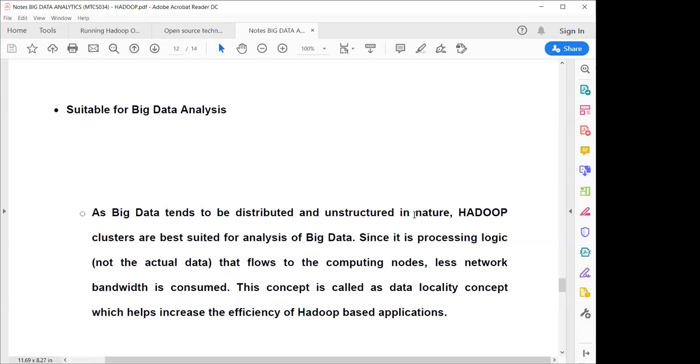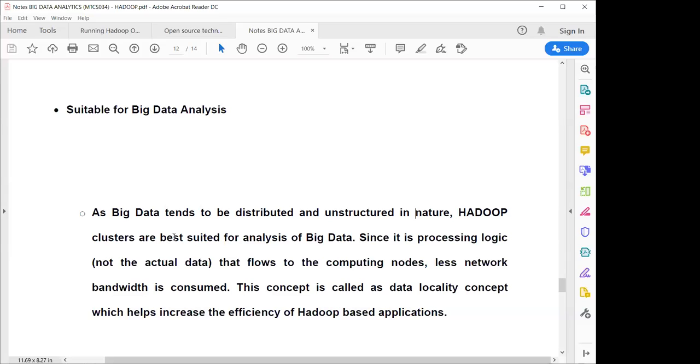Apart from that, we have reviews and comments from users of e-commerce websites, any service providing website, or any government website. There are also surveys, for example if we want to do a survey of some book or other types of tasks. So big data tends to be distributed and unstructured. These are the unstructured information, and today we are facing more and more unstructured data in nature.